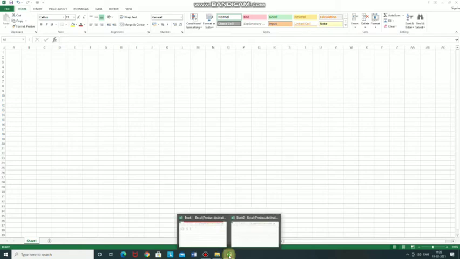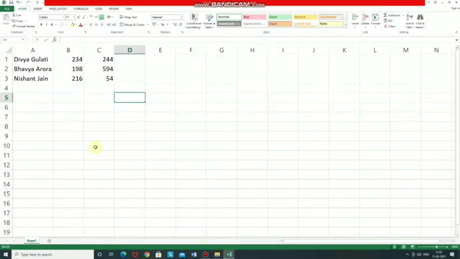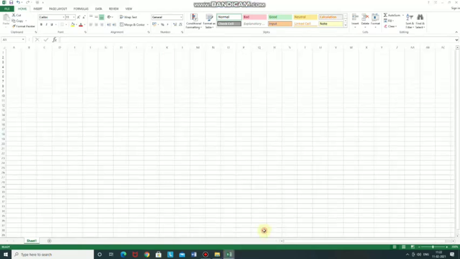So this is our new workbook. A new blank workbook will appear. By default, a workbook opens with one worksheet. See, this is Sheet 1, although it can contain a maximum of 255 worksheets. So you can add worksheets here, maximum 255.